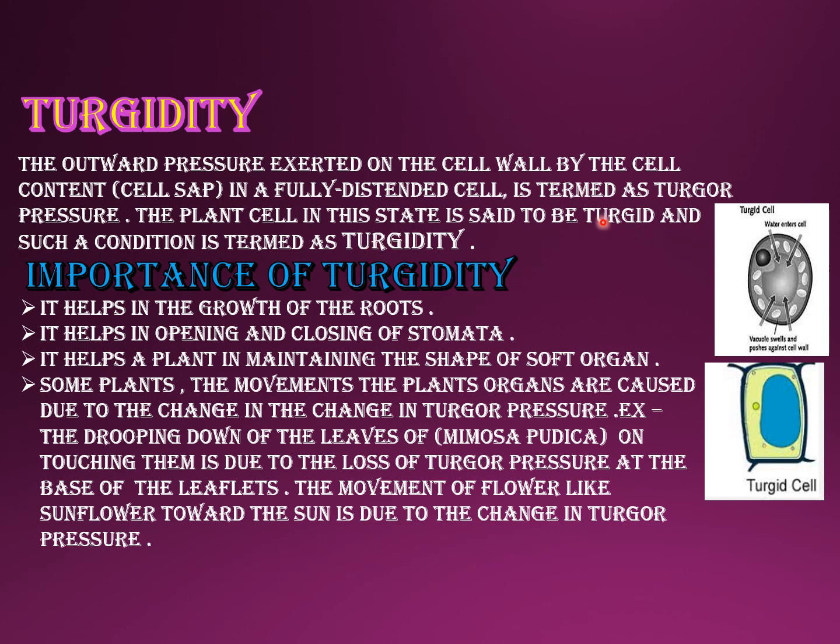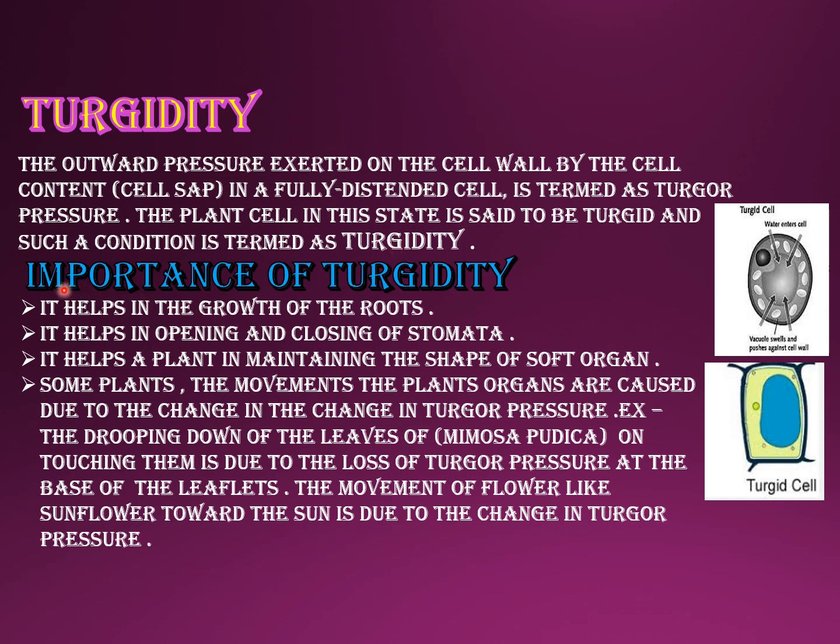Now if the cells are flaccid, immediately they absorb water from the soil and become turgid. Then they pass the water from that one turgid cell to the next turgid cell, and that cell becomes flaccid and the next cell becomes turgid, and the next cell becomes turgid. So in this way the water moves from the roots to the aerial parts of the plant.